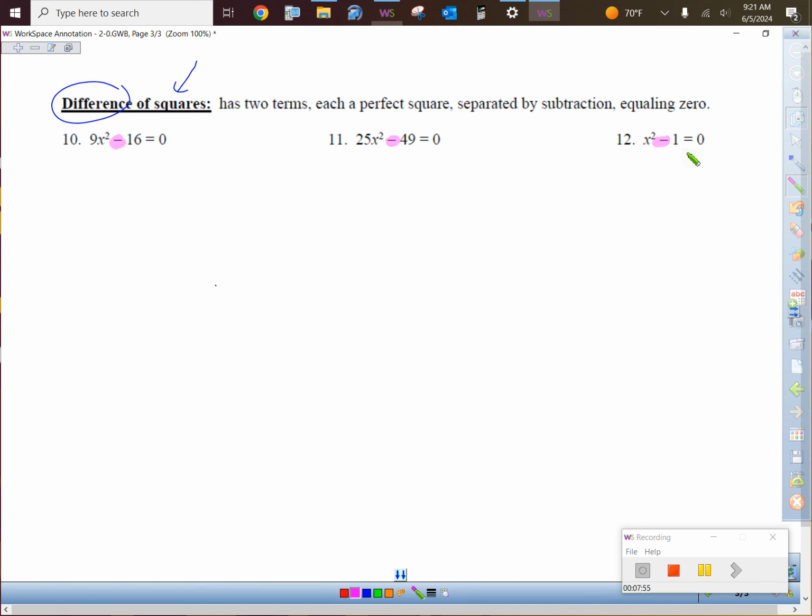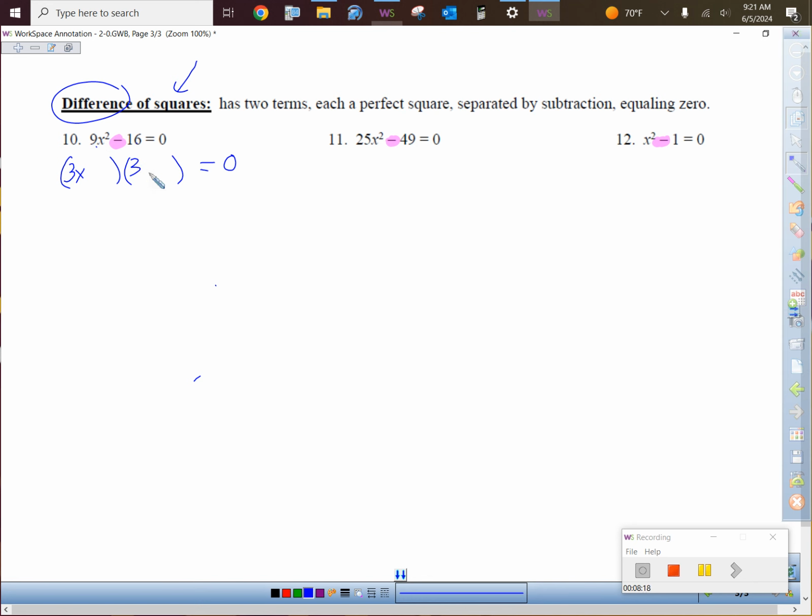So there, again, the b value is 0. So you could totally use the square root method if you wanted to. And your homework's probably going to ask you to choose whichever way you'd like. But the difference of squares, if the first guy is a perfect square and the last guy is a perfect square and there's a subtraction sign, it's a simple factor to where you take the square root of the first